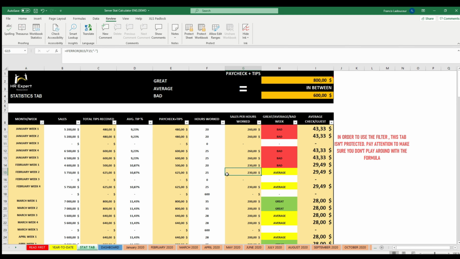Video number 2 of the HR Expert Server Tool tutorial for the Statistic tab. Super nice tool. The moment you start entering your data in the monthly tab that we saw in the previous video, you can start using the Statistic tab and it will give you a lot of powerful